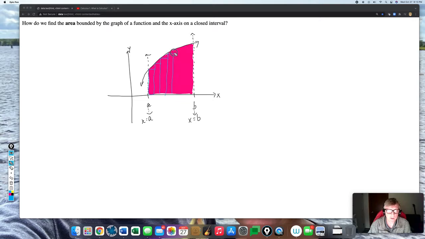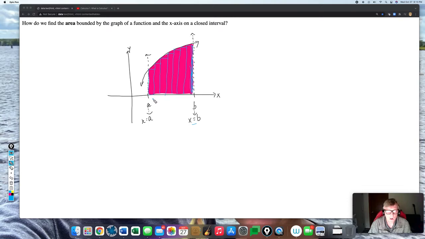And there's nothing saying right now that the rectangles even have to be the same width. You can see though that my rectangles aren't exactly getting the area, right? But if I add those rectangles together, and I meant for that last rectangle to coincide with x equals b there, sorry about that. But I start with x equals a, and then I kind of have to pick some number to add to a, right? And so we'll call this,